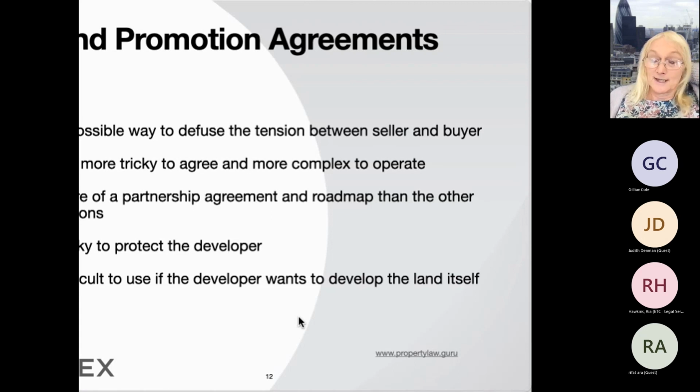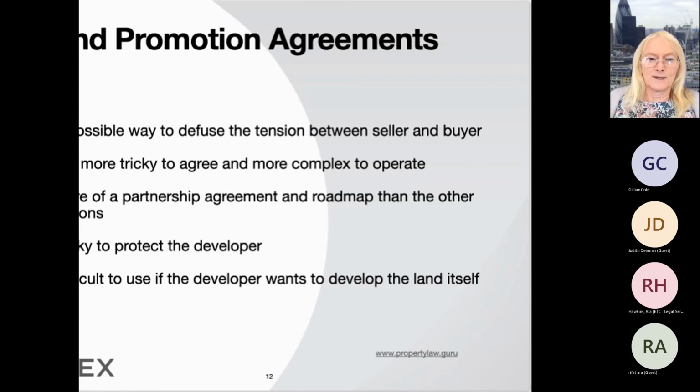Obviously, the risk for the builder is he's going to put out a lot of money and he might never get planning permission. But the booty is that he might get a great increase in the value, and he doesn't have to proceed if he can see that they both agree that it's a wasted effort.